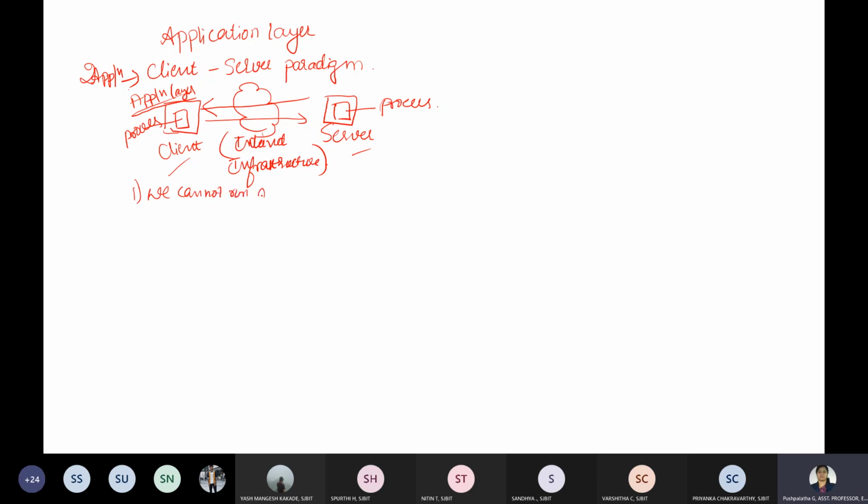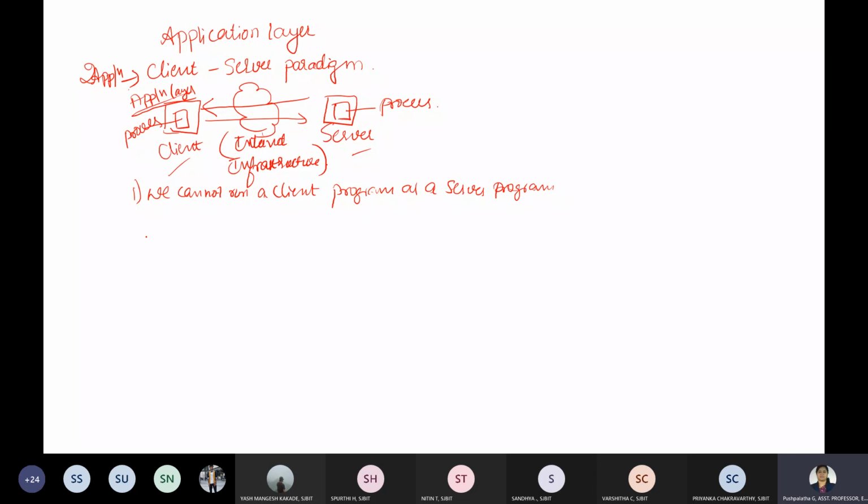I think in the next protocols we'll have a better understanding. When we talk about client server programming, we always need just two applications, each of a different type, providing a different set of services.